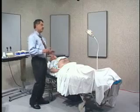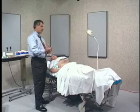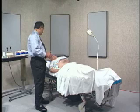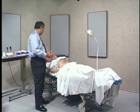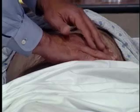Now, on palpation, there's a couple of ways to palpate, but I find that this portion of the finger is the most sensitive. And I think if you start with gentle, light palpation first, and then progress to deeper palpation, you'll be more comfortable. And if you're more comfortable, I'm going to have a better exam. So again,